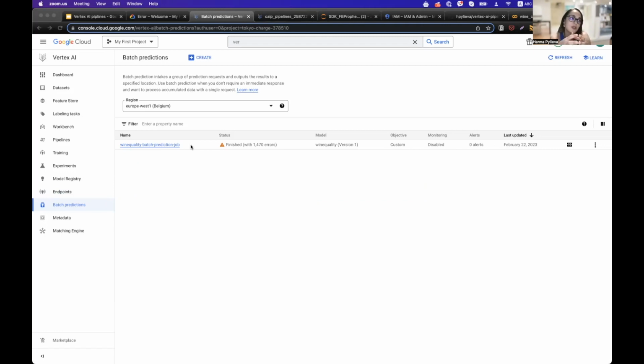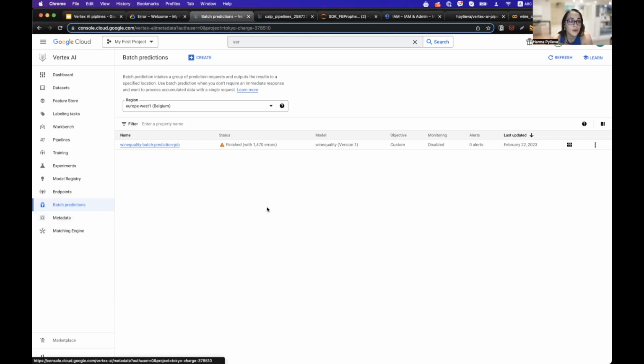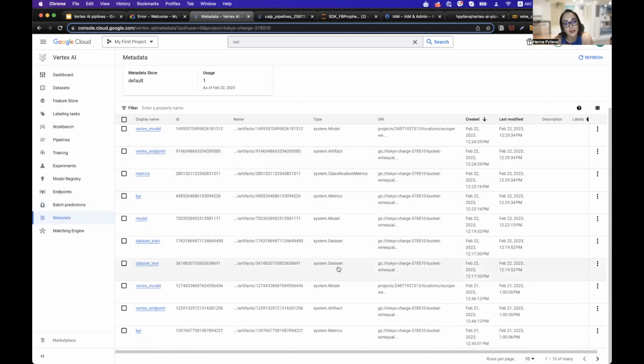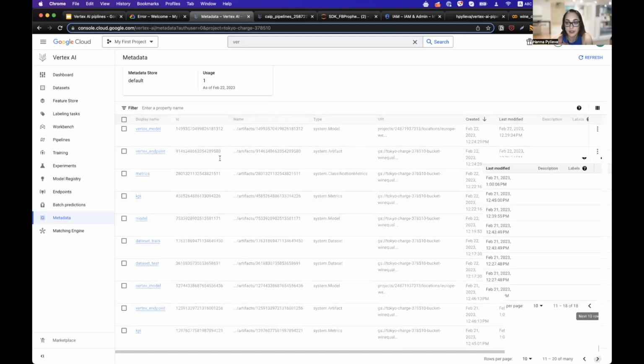But actually, this is done for when you, for example, have a test dataset, and you want to run your model through all the instances in this dataset. In this case, batch prediction might be helpful. So you just set up a job which will run your model through all of the instances in your dataset and generate a final result, and then you can analyze the results. We have also metadata, and all the metadata is stored here, like models, datasets, metrics, and some other artifacts like endpoints. So there is not much now, but actually this could be quite